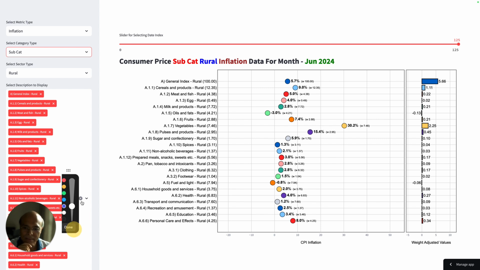Now let me just go back and then drag this forward. Before I drag this, let's look at the character of inflation at this point of time, which is June 2024.